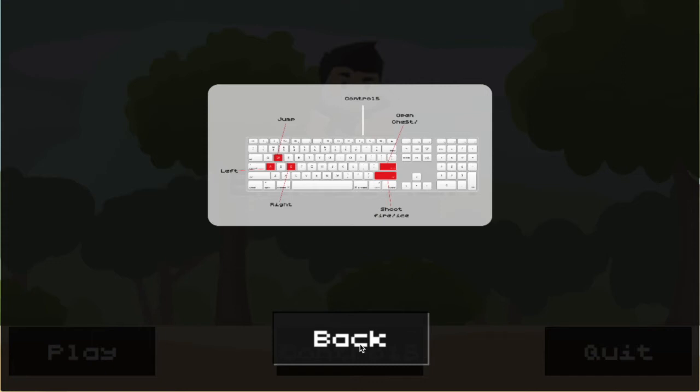Guys, I hope you've got a tutorial level at the start of your game. This is not a tutorial level. This is feeling very 80s. Alright, so I've got W for jump, A and D left and right. No, it's not S, it's D, left and right. AD, sorry, yeah. And then open chest and shoot fire / ice is...